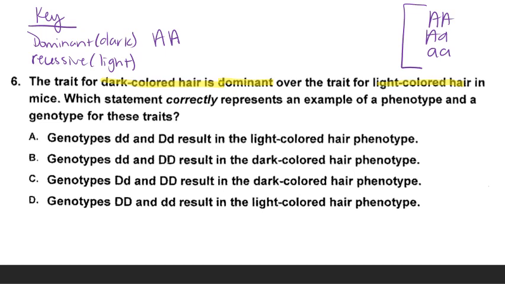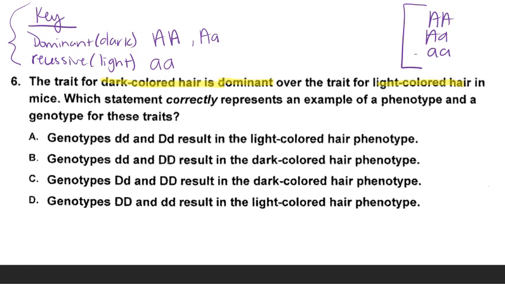Our heterozygous has both dominant and recessive alleles, and because it has at least one dominant allele, it's still going to show the dominant trait. If we have two recessive alleles, it's going to show a recessive phenotype, homozygous recessive for light hair. So once we have this key written out, that's when we can go to our answer choices down here,